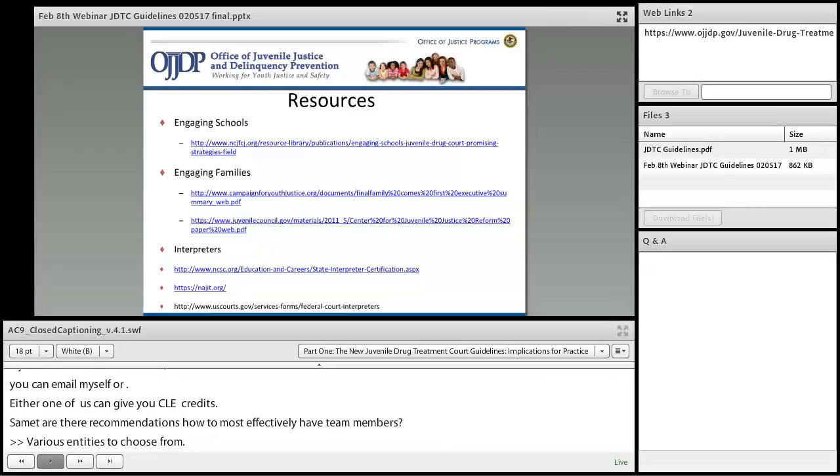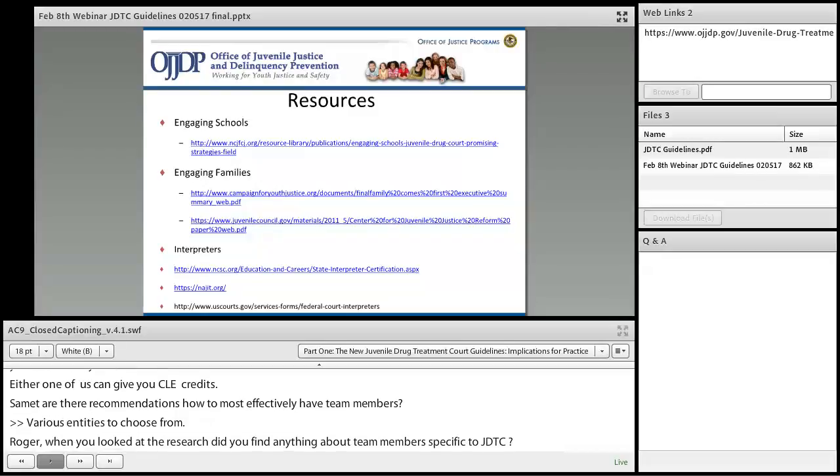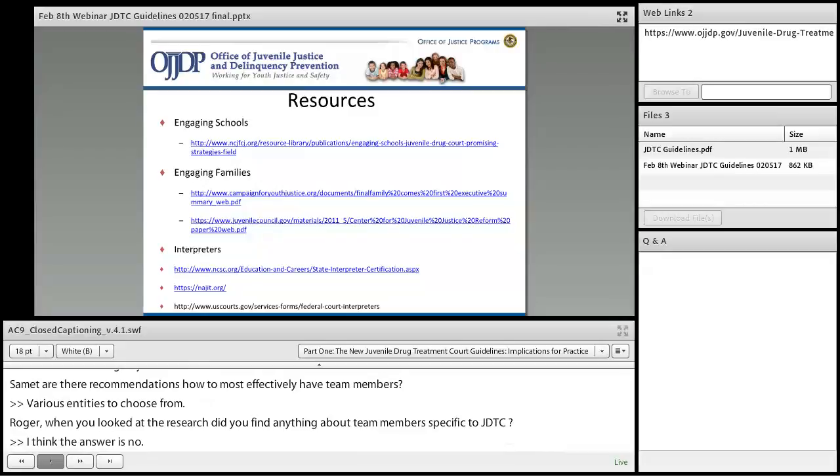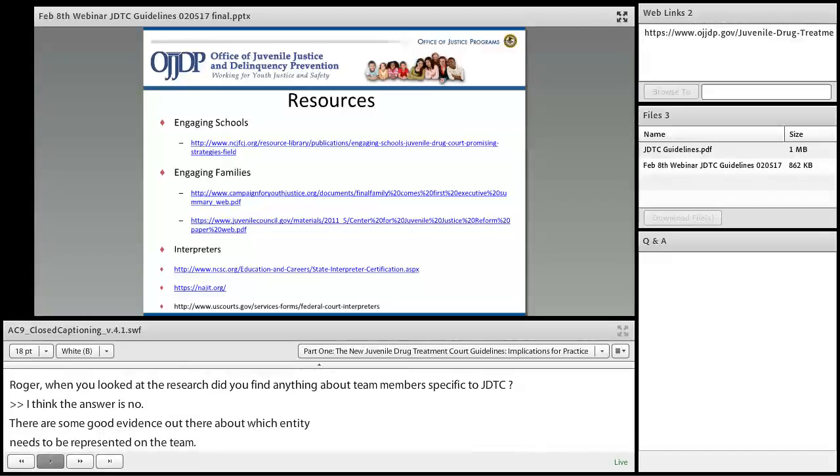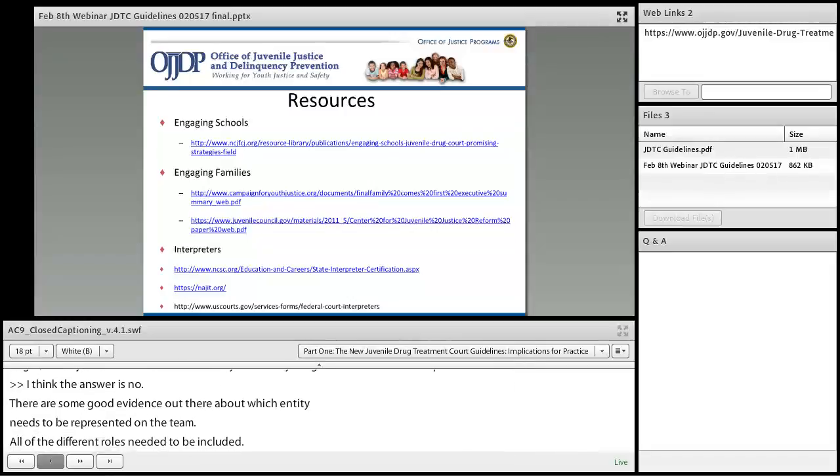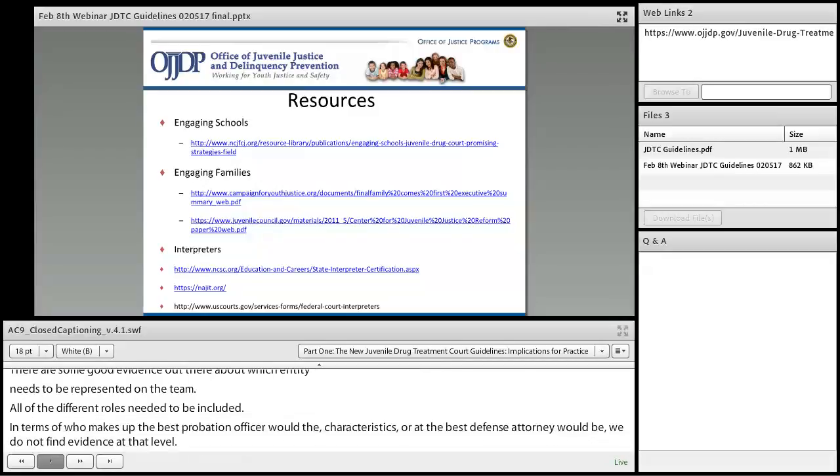So I think the answer to this is no. There is some good evidence out there about which entities need to be represented on the team, all of the different roles that need to be included. But in terms of who the best probation officer would be, what their characteristics would be, or who the best defense attorney would be, we did not find evidence at that level. But we do know that we want a judge, a defense attorney, a prosecuting attorney,